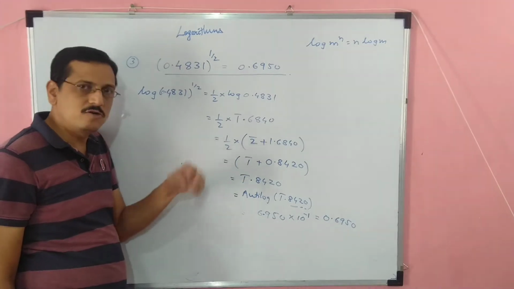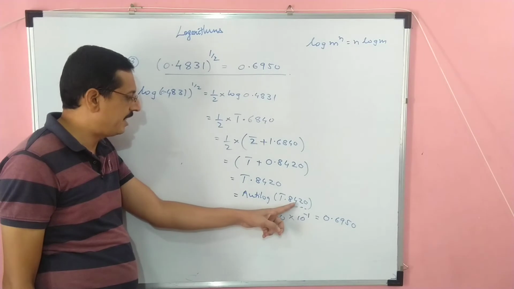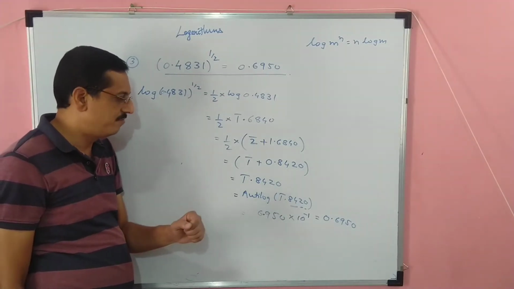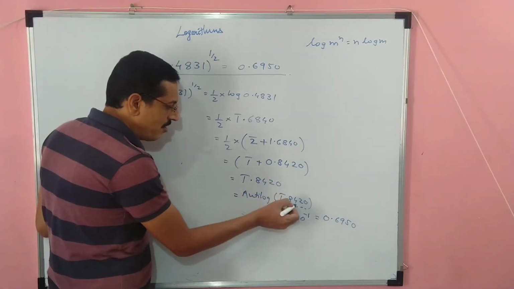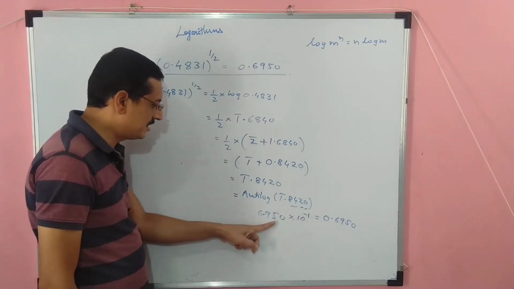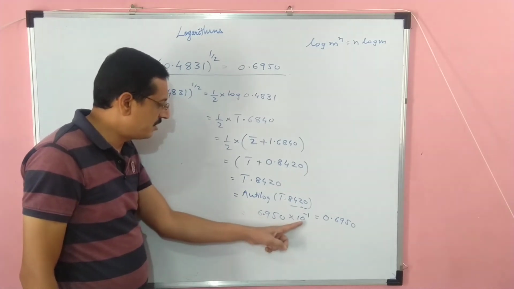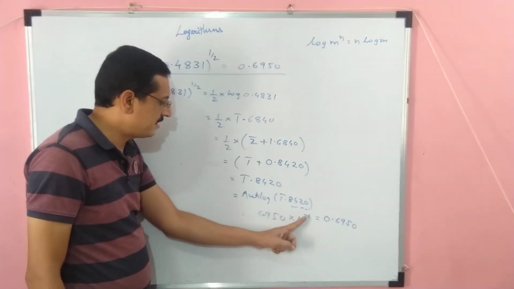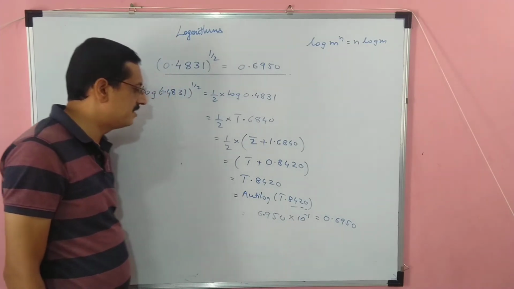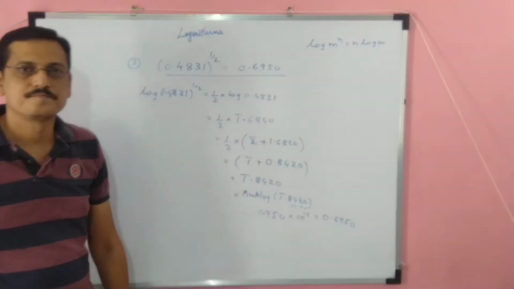Now you have to come out of the logarithm. So for that you have to go for antilog of bar 1.8420. That is nothing but 6950 is the value of this. How I have checked: in antilog it is 84 into difference 0. So it is 6950 I got. Put the decimal point after the first digit into 10 to the power of the characteristic. Characteristic is bar 1, meaning minus 1. Therefore it is 0.6950 is the value. So it is 0.6950 is the answer.